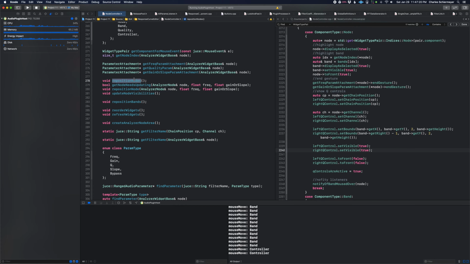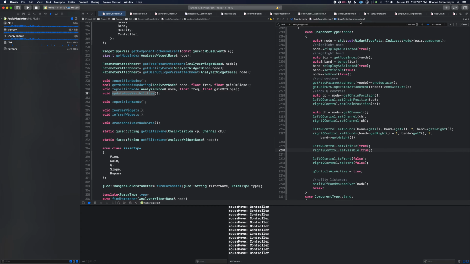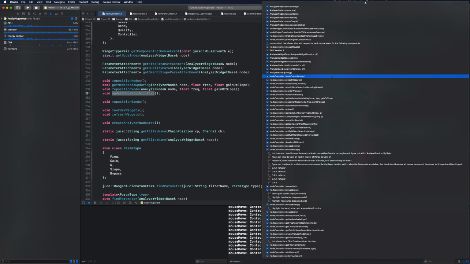Okay, we have these reposition nodes, get nodes, and he's updating reposition the node. Update node visibilities. All of this stuff is tied to when you modify these things, okay? So again, whenever a parameter is changed, if I go back up to the controller, back to the constructor,